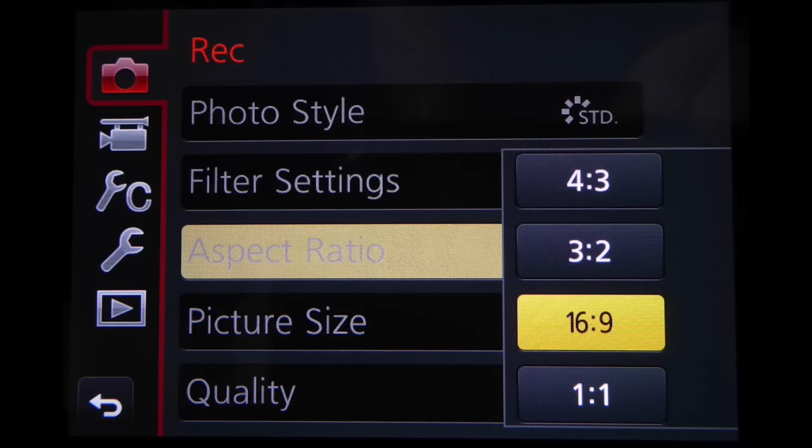Now, if you may remember in the previous video, I said you can record video with the FZ300 just by pressing the red button, and that would immediately take you into recording video with the settings that you had in the record setup menu. Now, it did give you the disadvantage that if you wanted to shoot video and you were in a stills format, say for example you're shooting 4:3 or 3:2, when you press the red button the camera switches to a 16:9 format to give you the widescreen effect.